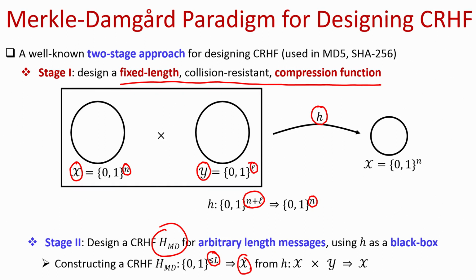That is what we will do in stage 2, and the construction in stage 2 is a very generic construction, in the sense it can take any fixed length compression function without going into the underlying details of that compression function, and magically it will give you the collision resistant function big H which you are interested in constructing. So, what we are going to discuss now is what we exactly do in stage 2. That means we will assume we are given a fixed length collision resistant compression function little h, and then we will see how we apply the Merkle-Damgard paradigm and get the collision resistant hash function big H.